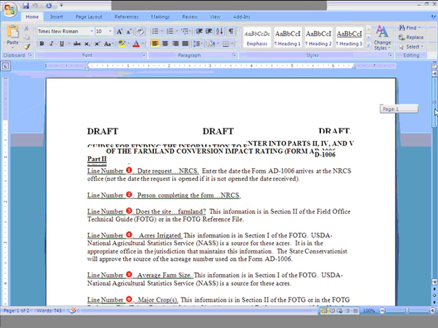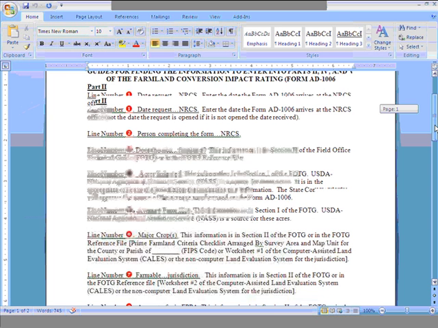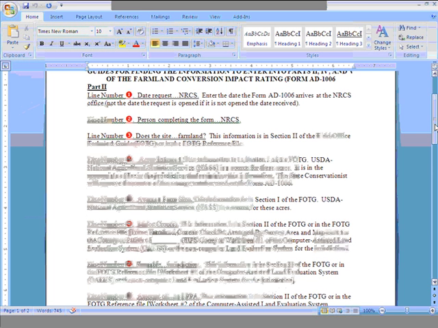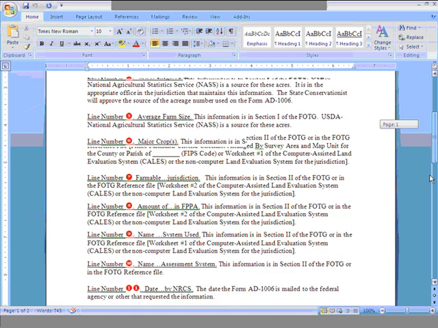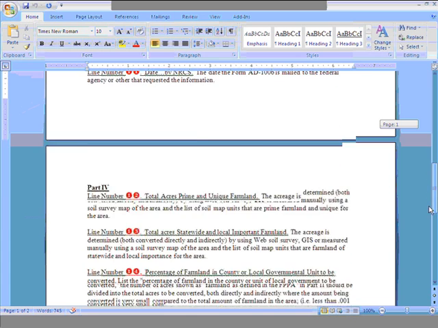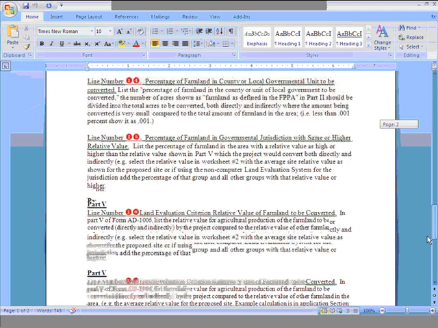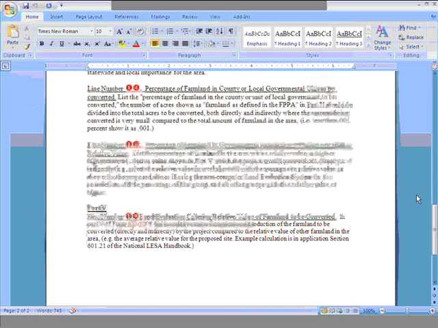So if you're in block 1 on the 1006, all you do is come over here, and this corresponds with 1 here, and it tells you what to do. Now, let's go down to the one that I said I'd talk a little more about. Keep going till you get to Part 5. Part 5 gives you a verbal on how to calculate Part 5, but on that line that talks about the